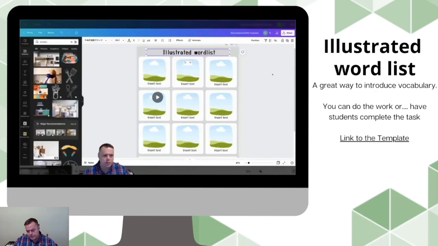The next thing is an illustrated word list. Now, this one, in my opinion, is best given out electronically. The students would type in terms up in the top left, and they would find words. For example, if I were to type in the word kitchen, I would get many different items in the kitchen. I would find the picture that would represent kitchen, click and drag it over to the illustrated word list, and